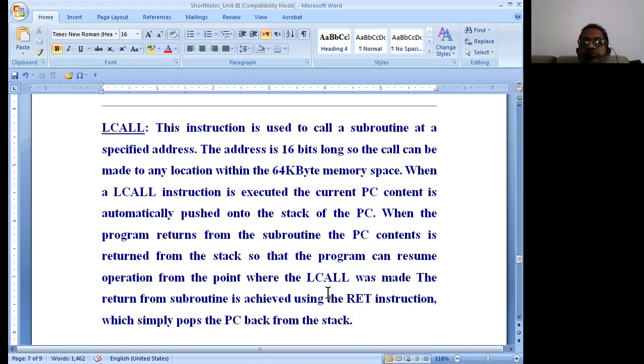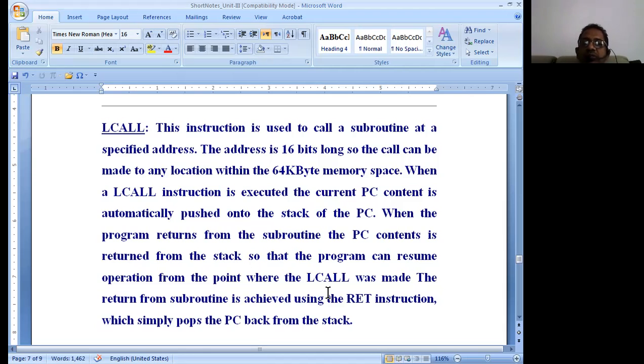After execution of the LCALL instruction, the program counter contains the starting address of the subroutine. The control goes to that subroutine and performs the task. Before it returns back, it gets the value stored in the stack by using the pop instruction.